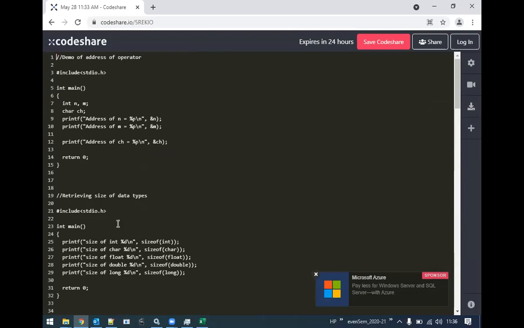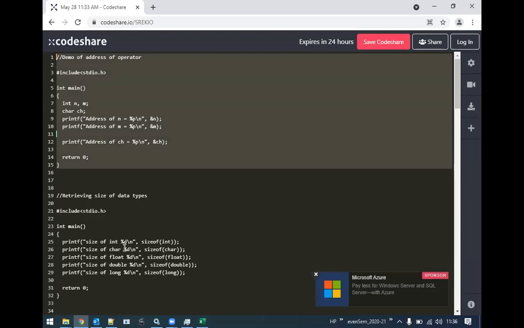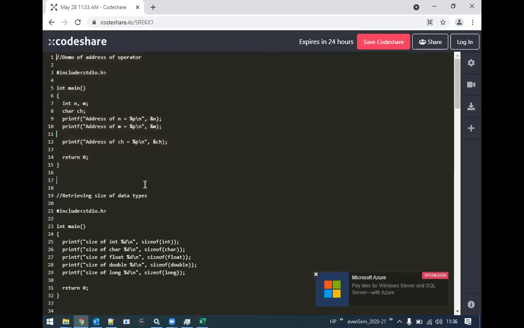Right, this code you can use and individually execute the programs. Don't put all these codes in a single C program and then try to execute. It will not work because there are multiple main methods and hash include statements. So individual programs, later you can save as separate C programs and then execute them.